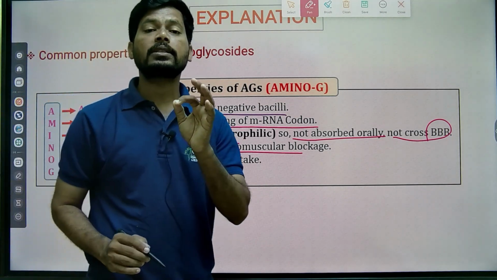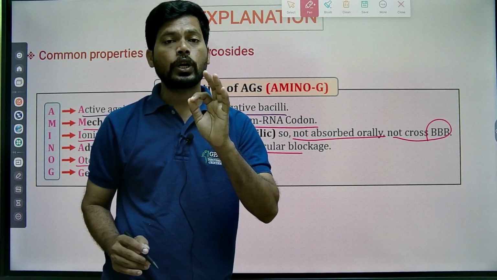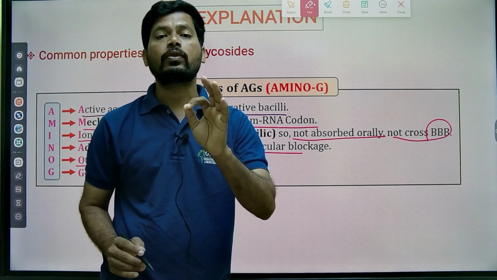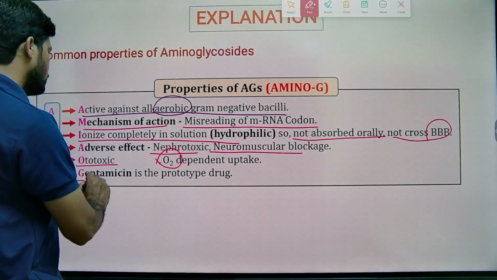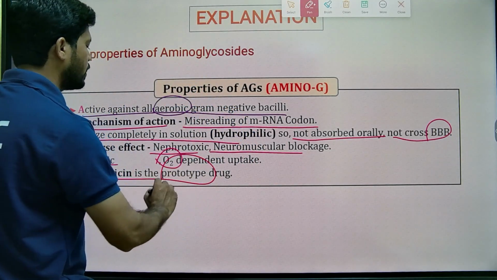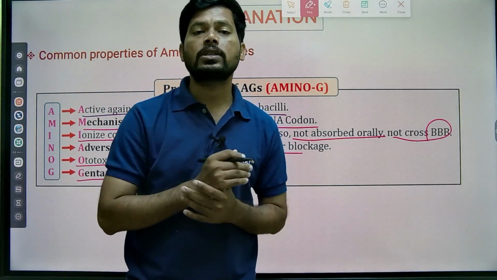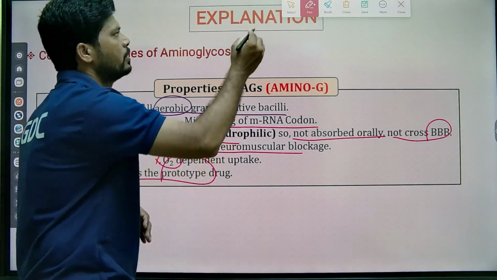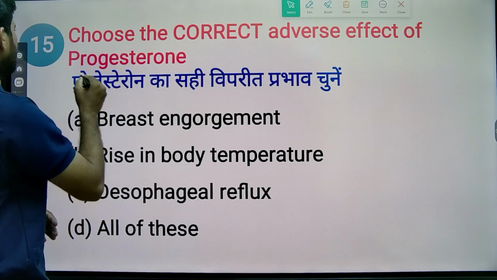These drugs act only on aerobic organisms because entry of aminoglycosides into the bacterium requires oxygen transport. And gentamicin is the prototype drug. Among this class of aminoglycosides, the first drug is gentamicin. So that is the explanation. Next,